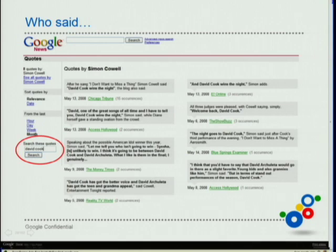Another really cool feature that we've launched recently is quote search. And I think this is a pretty good example. Suppose you're in line and ready to vote for the next American Idol. It's coming up this week. The finals are on Wednesday. And if you wanted to get a preview and recap and do some research before weighing in your vote, certainly